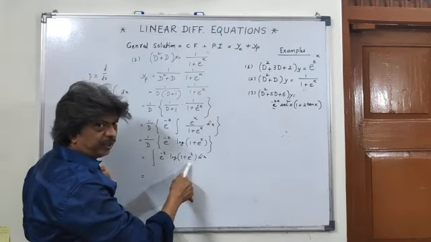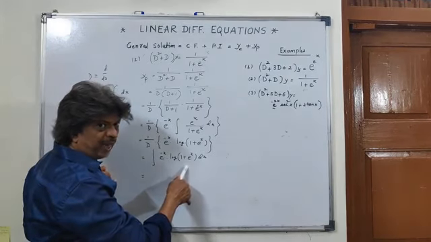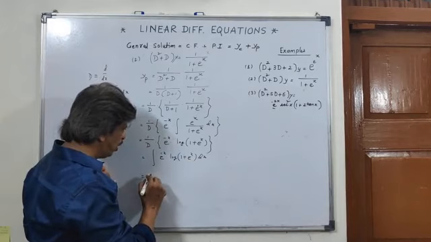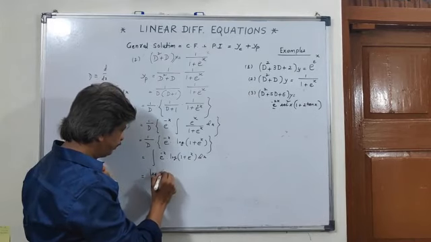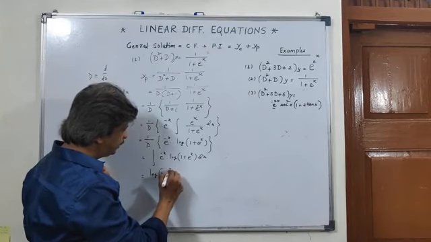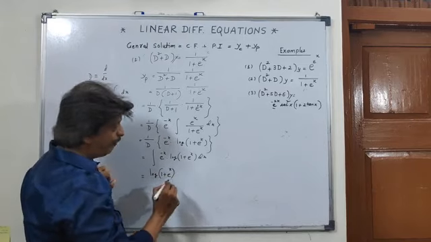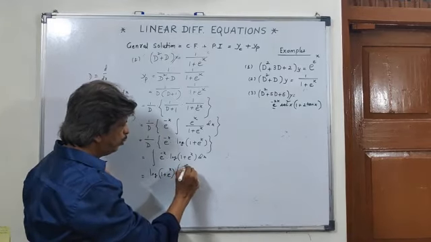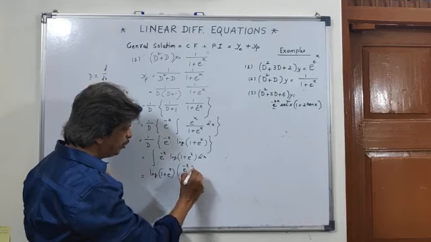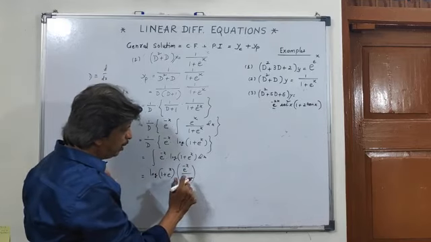The logarithmic function is always supposed to be chosen as the first and foremost. So first function log of 1 plus e power x into integral of next, e to the power minus x integrates as e to the power minus x upon minus 1